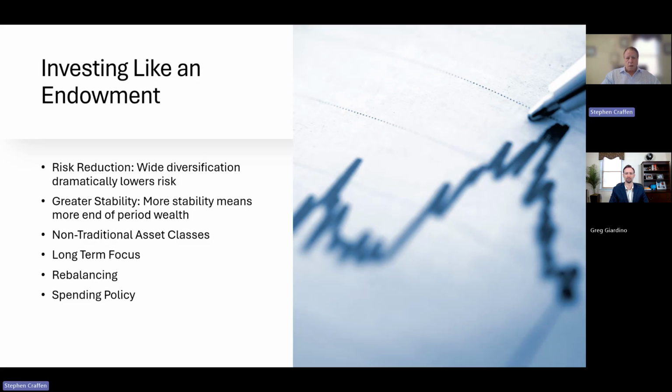So how do you actually invest like an endowment, though? One positive about what they do is they invest in many different asset classes and some non-traditional asset classes, which we're going to cover here, by the way. They take a long-term focus, they rebalance, and most people who invest on their own don't really rebalance. Rebalancing is an important thing to do on a regular basis. It does a couple things. First of all, it helps you maintain the risk profile of your portfolio because some things will grow more quickly than others, and typically it's the higher risk investments that grow more quickly.